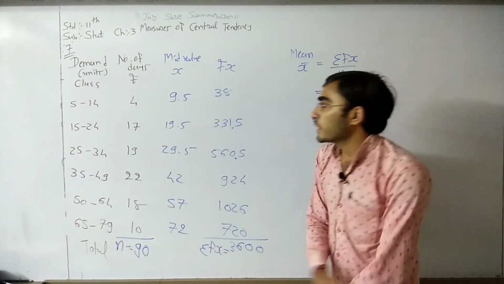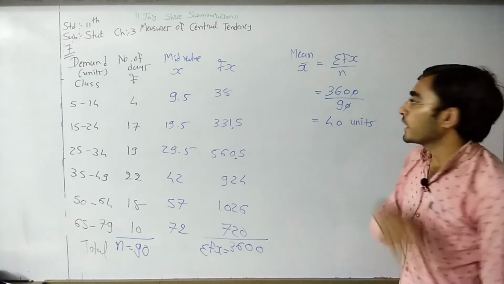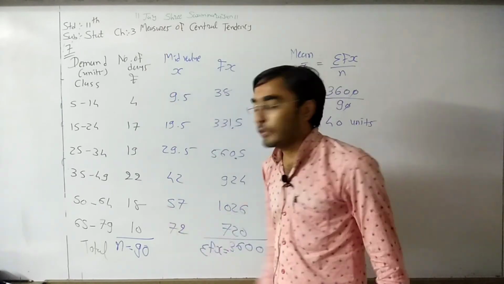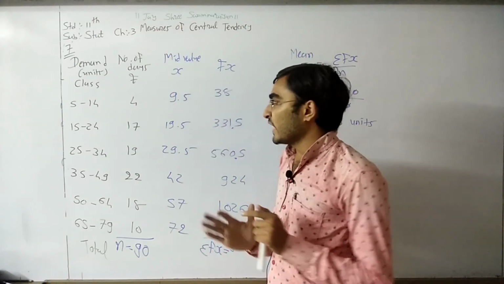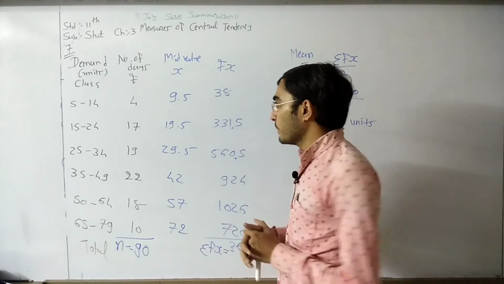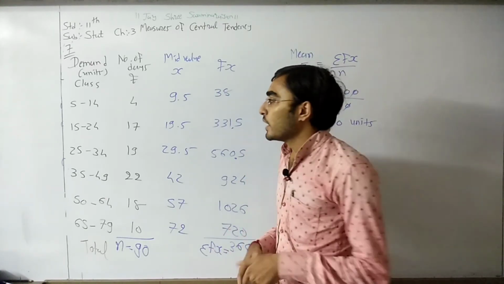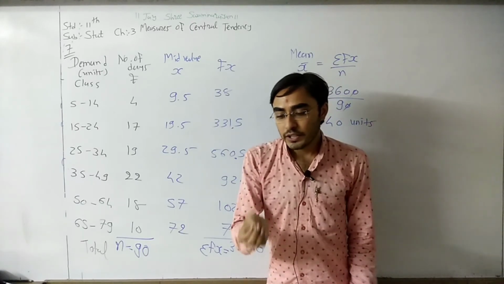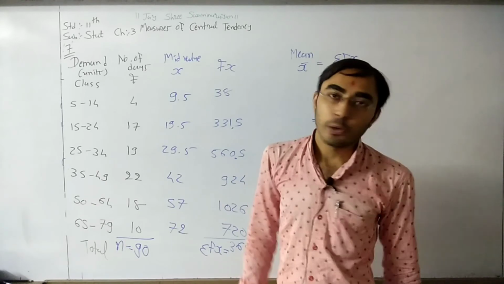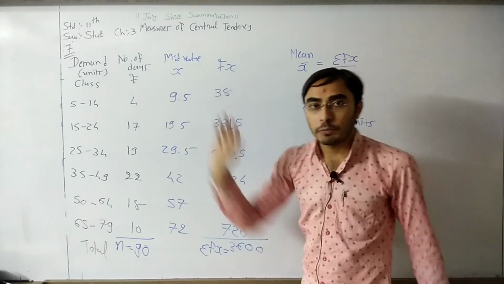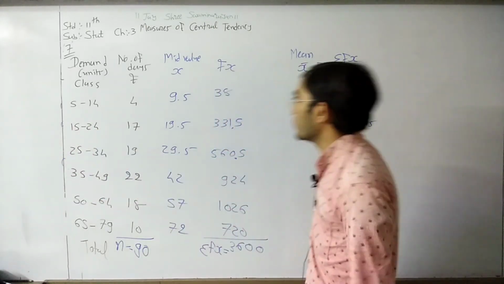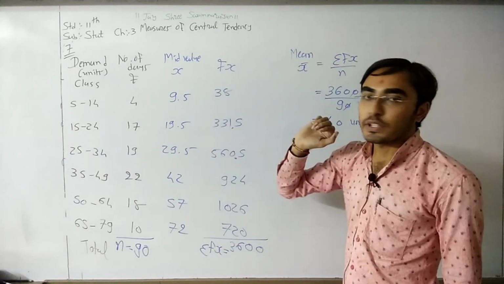Okay, so here we are using the direct mean method. Demand is given to us, frequency f is given to us, but the class lengths in all the classes are not the same. That's why we do not prefer the step deviation method. We just go with the direct method. But in any method, direct, step deviation, or otherwise, first of all we need to find the mid value x. Upper limit plus lower limit divided by 2. That means addition of these two numbers divided by 2. So we will get the value of x.